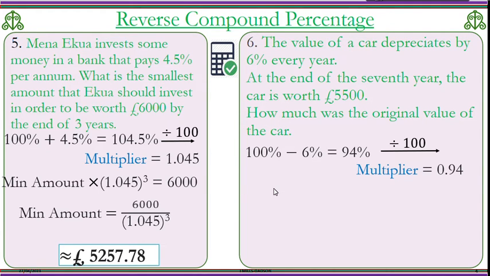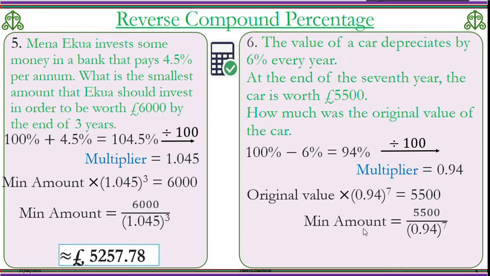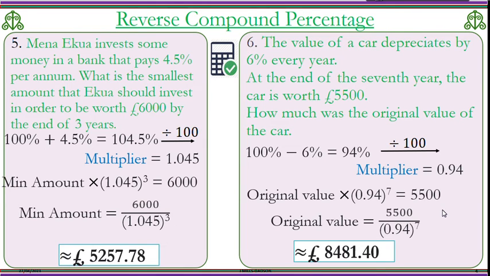The original value that we don't know, if we times it by the multiplier of 0.94 to the power 7, the car value is now 5,500. So that's what we have. We are looking for the original value now. So to get the original value, we need to divide 5,500 by the multiplier with the years inclusive. So this is what we have. So the original value is 5,500 divided by 0.94 to the power 7, and the calculator works that out for you,